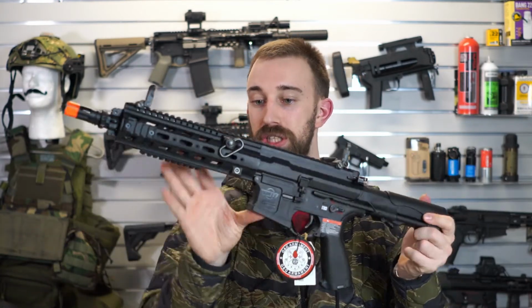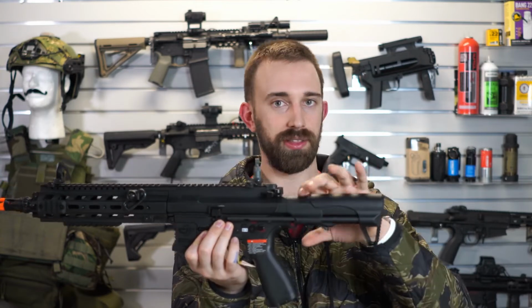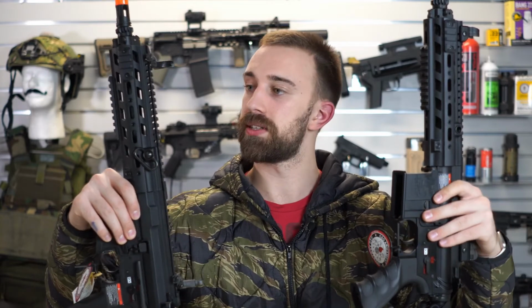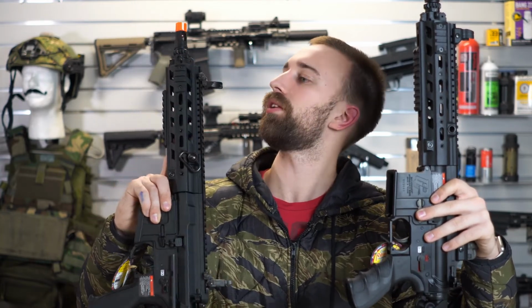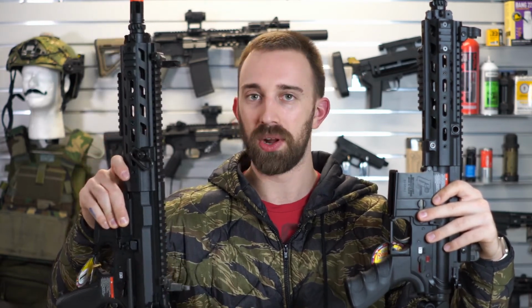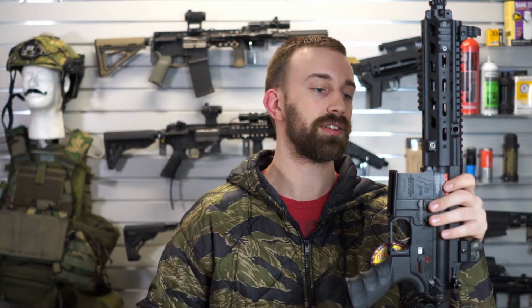And of course, we have some even more budget-oriented 416 clones coming from G&G, not nearly as closely resembling due to the lack of cut here, not the same type of stock setup, but using that same rail system that is coming with the GC series. So very unique that they kept that in order to keep cost factors low. Do appreciate that. Also, these use the more modern G&G iron sights. Cool. That's another video. I did intend on doing a video on this guy anyway, once the full-size version became available here again. But anyway, that was my thought on the G&G